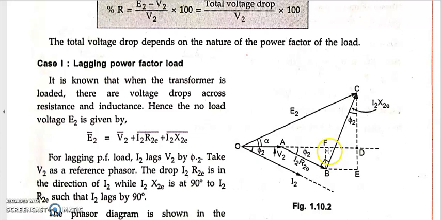Okay, and if this is 90 minus phi 2 and this is its vertical opposite angle, then as per geometry vertical opposite angles are the same. So this will also be 90 minus phi 2. And we know that this angle is 90 degrees, and again the sum of the angles in a triangle is 180 degrees. If I add 90 minus phi 2 plus 90, I will get 180 minus phi 2. Yes or not? 90 minus phi 2 plus 90 is 180 minus phi 2.